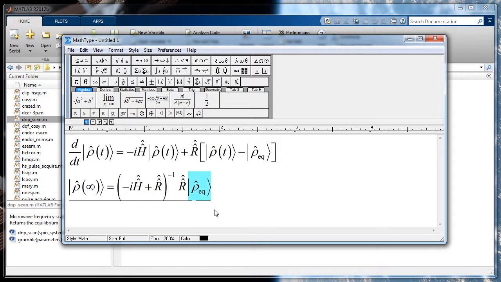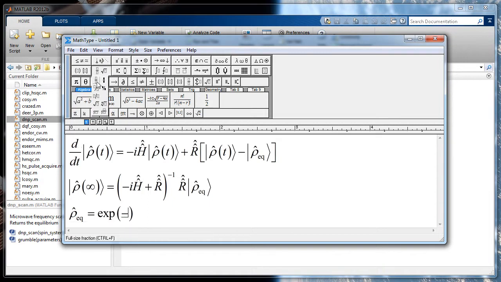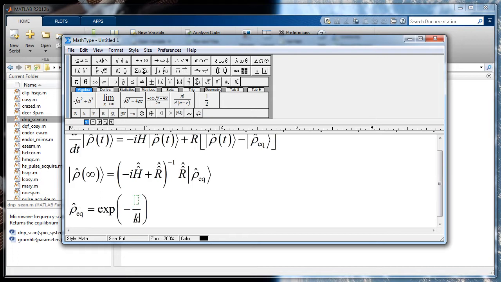And just to remind you what the equilibrium density matrix was, it was our rho equilibrium in Hilbert space. Equilibrium was just the Boltzmann law. It was exp of minus the Hamiltonian operator in the numerator, with kT in the denominator, and all of that should be normalized and divided by the trace of itself. So that is our final expression,